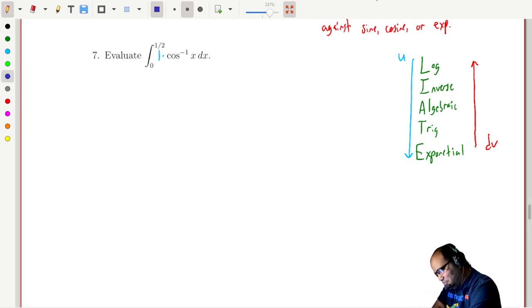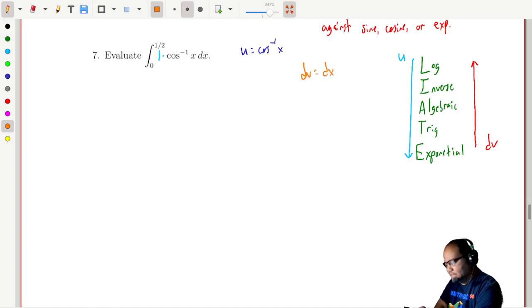So let's go ahead and do this. Let u equal arc cosine x, and let dv be just 1 dx. Let's make that a little more explicit there, 1 dx. So v is equal to x, and now du is equal to,